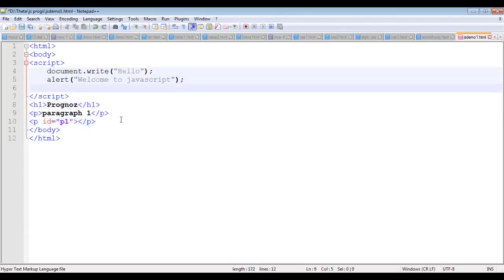In case of JavaScript, to refer to any element of the HTML page, you have to use one of its methods called document.getElementById. In brackets, which element we have to fetch? Provide the ID of that element.